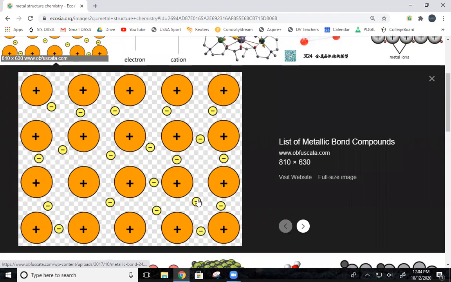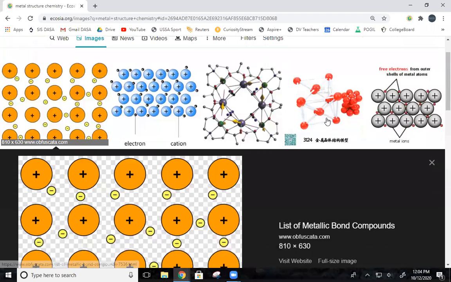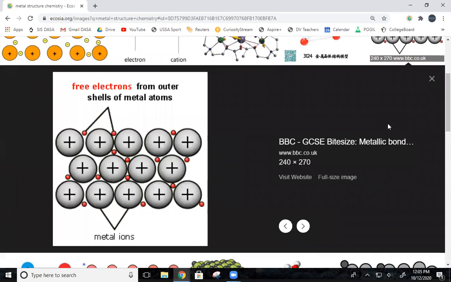So you have the electrons that can just flow around. They're free electrons. Okay? Free electrons from the outer shells of metal atoms. So the valence shells of the metals are just kind of,